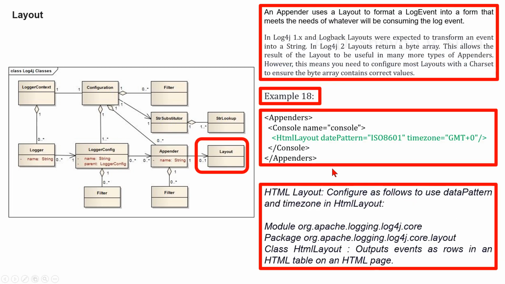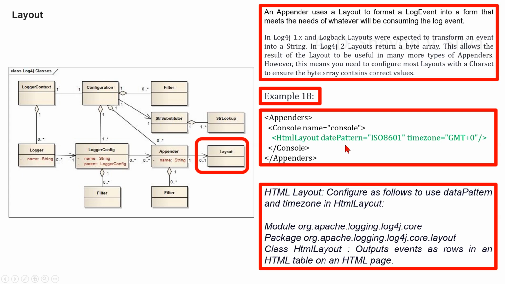Now we are considering HTML layout. Configure as follows to use the date pattern and time zone in HTML layout. The class HTMLLayout in package org.apache.logging.log4j.core.layout in module org.apache.logging.log4j.core outputs events as rows in an HTML table on an HTML page. HTML layout parameters: date pattern,